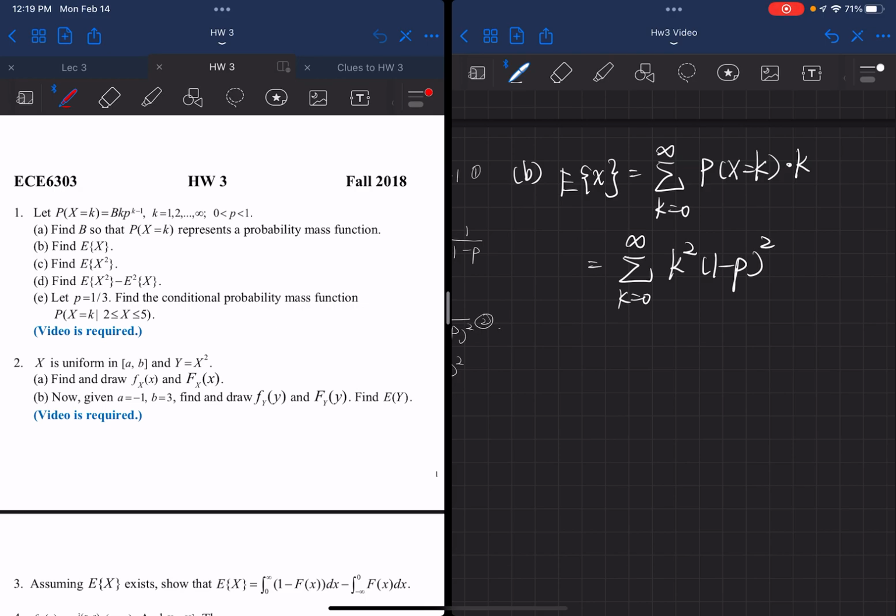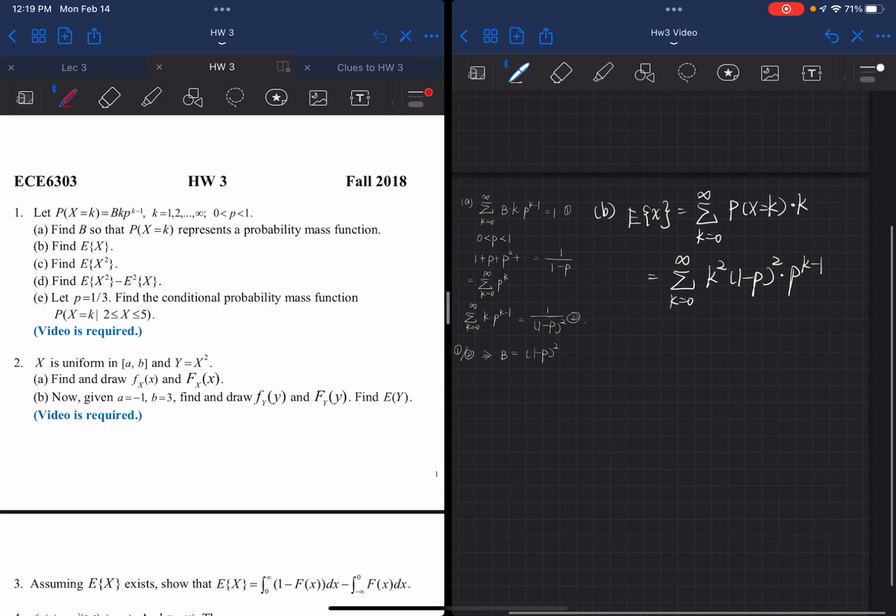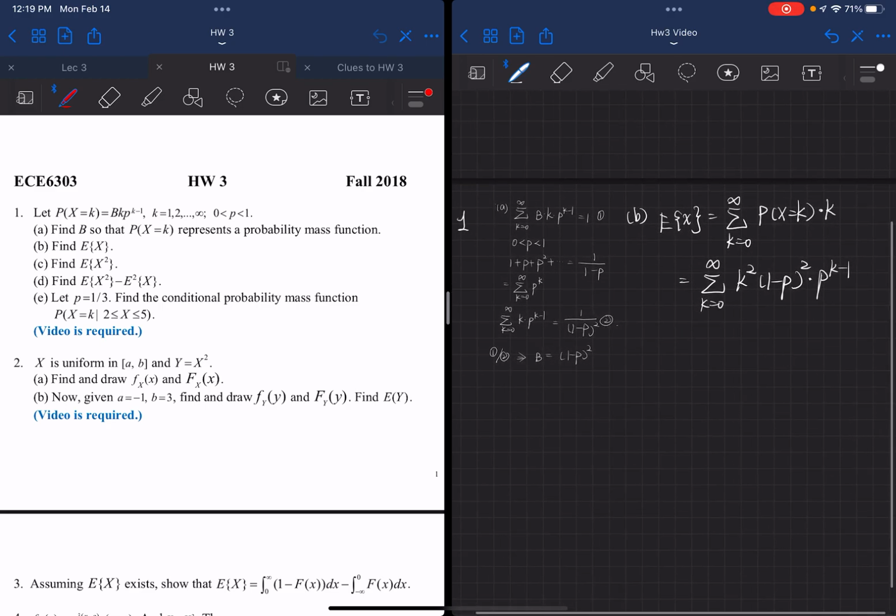This is the value of b as we calculated, times p to the power of k minus 1. And as we can see from this formula, if we take the derivative of equation 2 as stated on the left side,